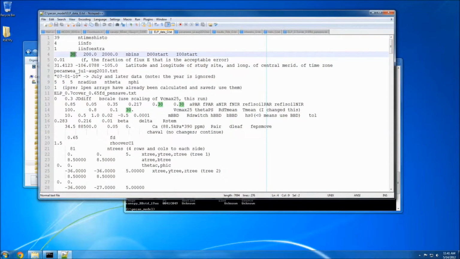30 for the value n bins means that I resolve 30 different discrete light levels between 0 and the maximum. When I'm simulating the different amounts of light intercepted, not only with different light penetration by diffuse light, but also different orientations of the leaf relative to the solar direction. And then these two values, D00 start and I00 start, are used to